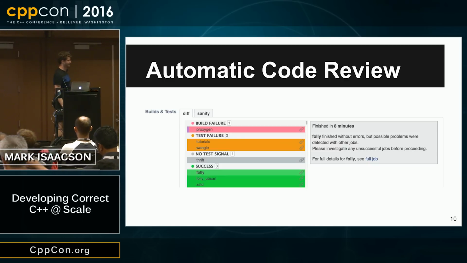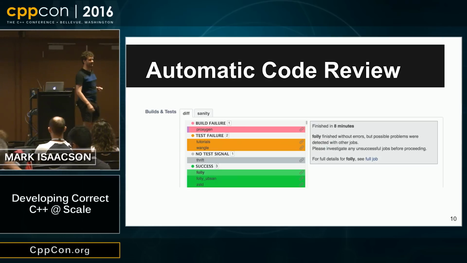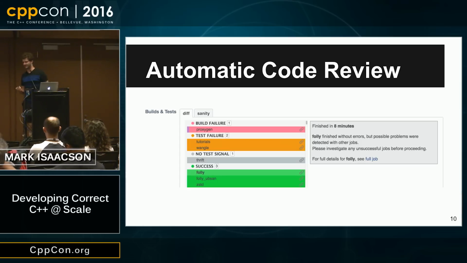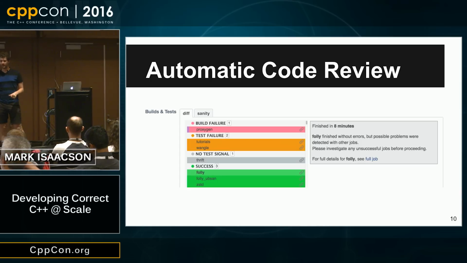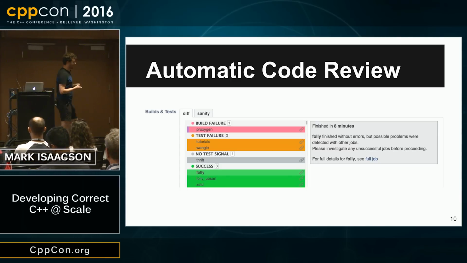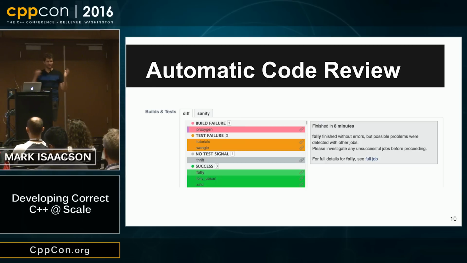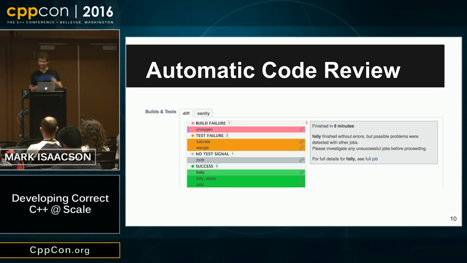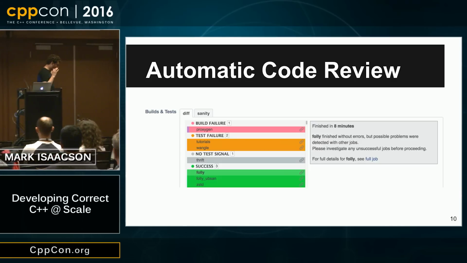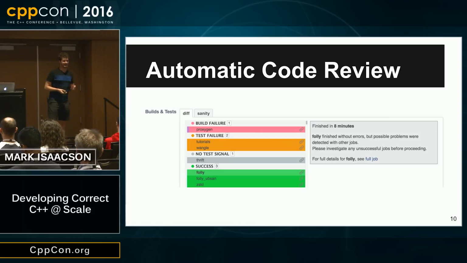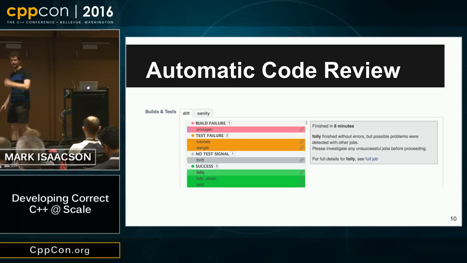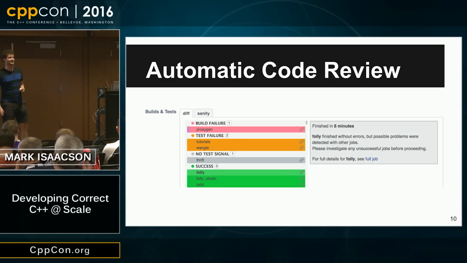And this is where things get interesting. Because if all I did to construct this screen was give you the return codes of the tests and the return codes of the builds, we'd be in a bad place. And for that, I want to tell you a story. And that story is of what is now quite a few years old. So when I was first an intern at the company, this is a few years now, things were bad, right? We've come a long way since then, and the way code review used to work is I would toss up a diff and it would kick off a bunch of different builds,